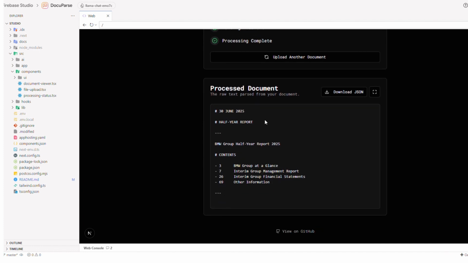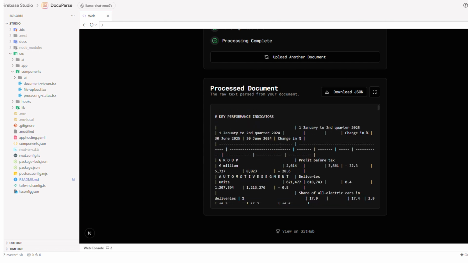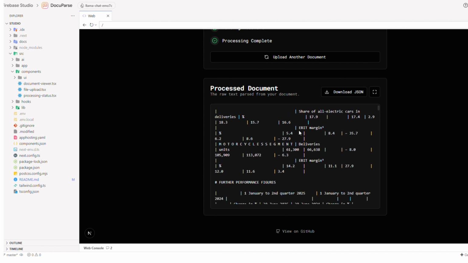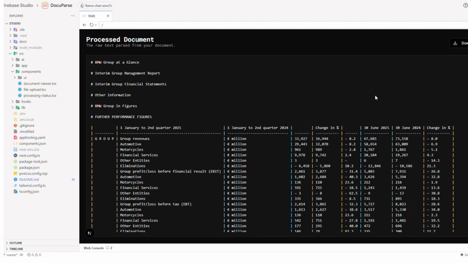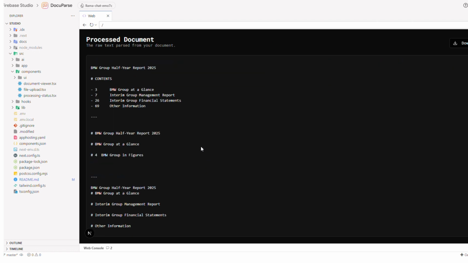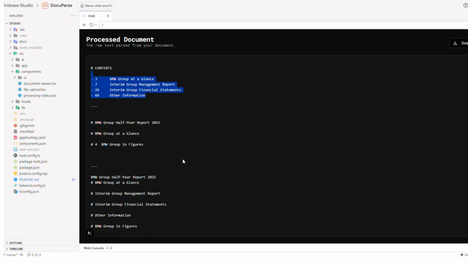If you scroll down, you have the processed document. This is a raw text document which has been parsed from the document. If you scroll down, this is the BMW report which has come through, and it has all the tables in a more structured way. If this is too small to view, I put in a maximize button which will take it to a clean, fully stretched window where you can look at all of the data from the beginning, right? So it talks about the report and the contents of the report as well,